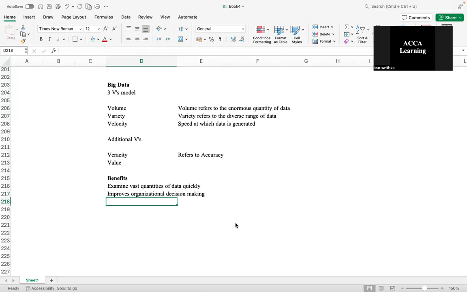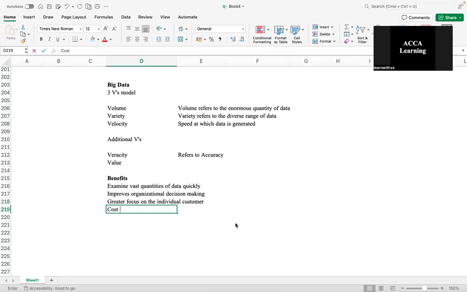Okay. Then you can have a greater focus on the individual customer. The big data analytics that it provides can enable organizations to understand individual customer preferences and individual customer behaviors, which can lead to what? It can lead to more personalized marketing and improved customer experiences, right? Then it could retain customer loyalty, all of that.